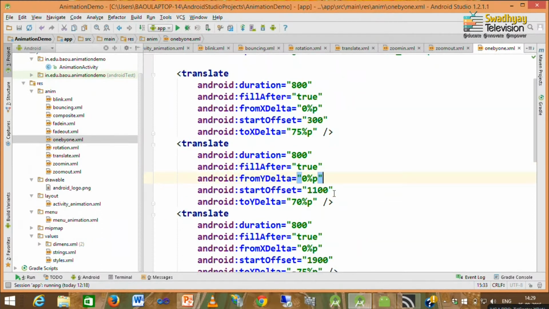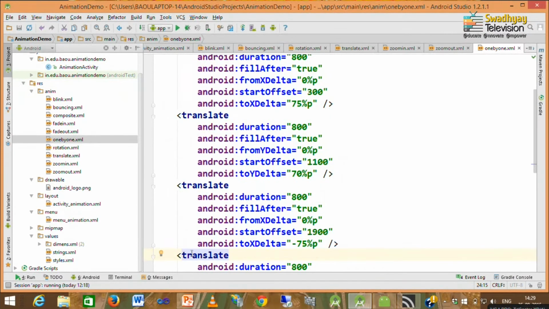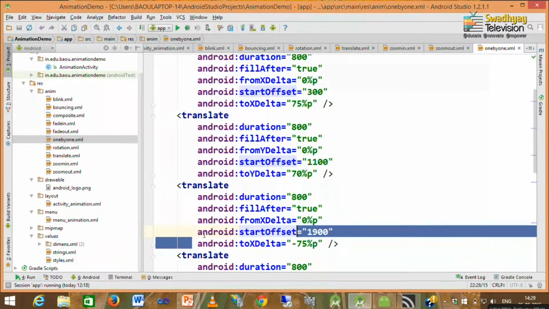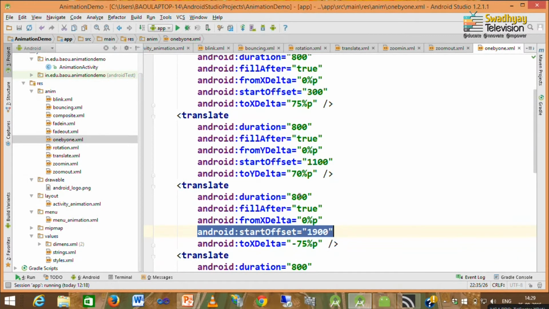So, our total duration up to the second animation is 1900. So, the start offset for the third animation is 1900 and its duration is 800. So, for the next animation our start offset is 1900 plus 800.